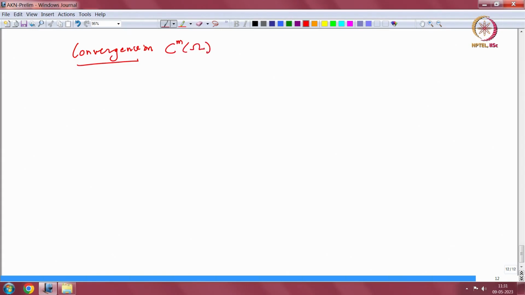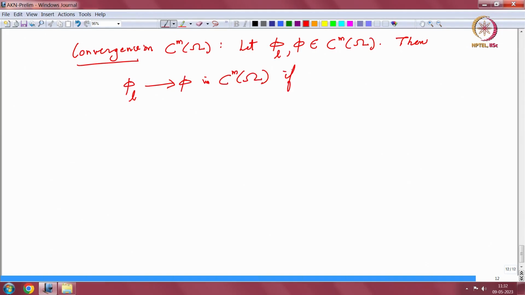Let phi L, phi belong to Cm of omega, then with the same topology, phi L converges to phi in Cm of omega if and only if d power alpha of phi L converges to d power alpha of phi uniformly on compact sets,